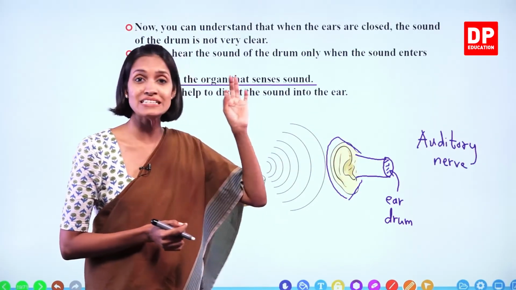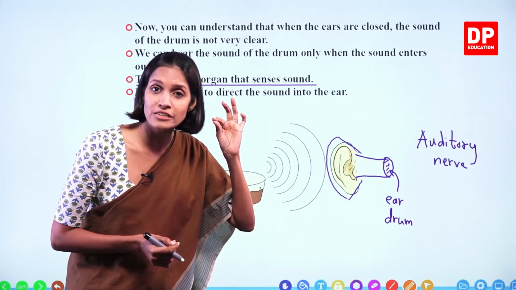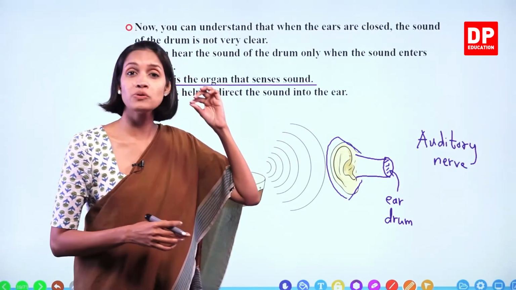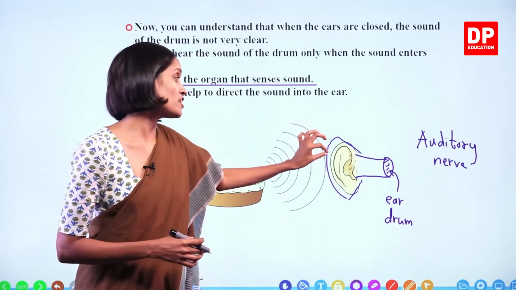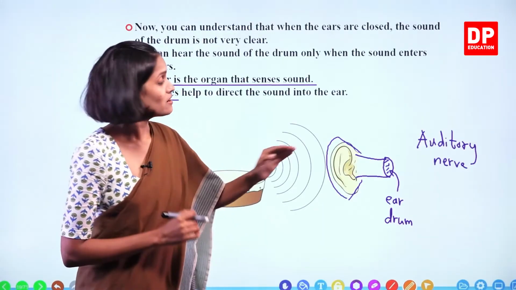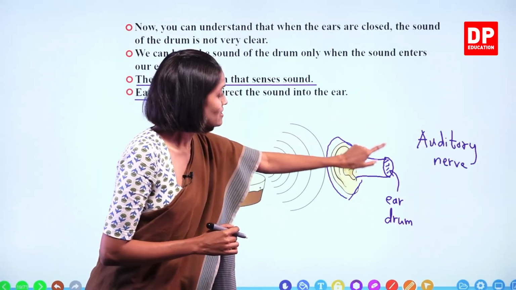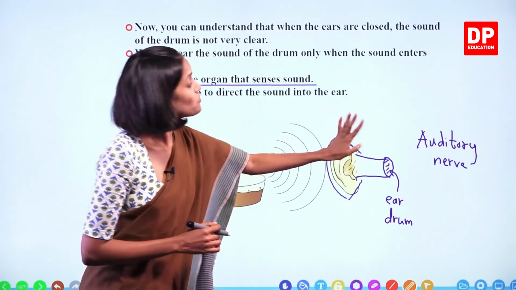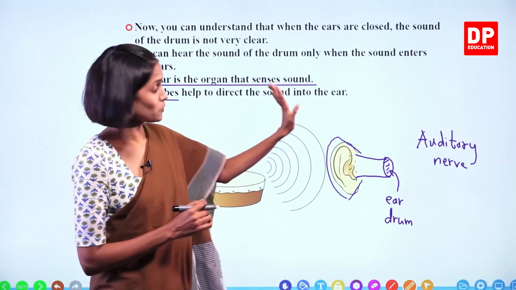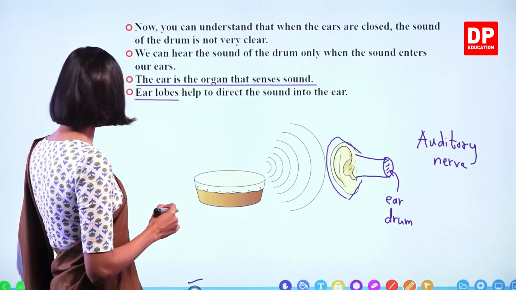You should not put different things into your ear while you are playing, or sometimes when we try to clean our ears and insert different things into them. This is very bad, children. You might end up damaging your eardrum. If your eardrum is damaged, you can't hear well. Okay, children, we'll move on to the next.